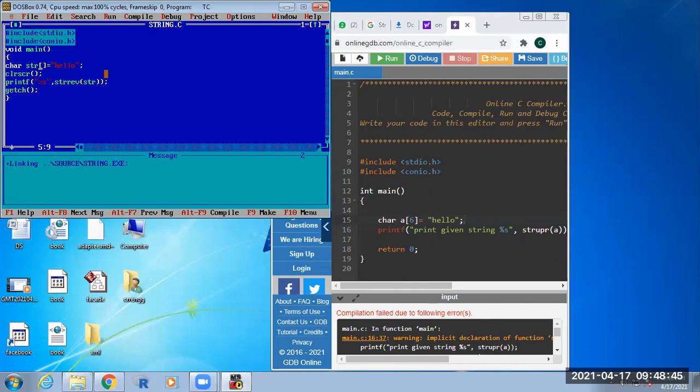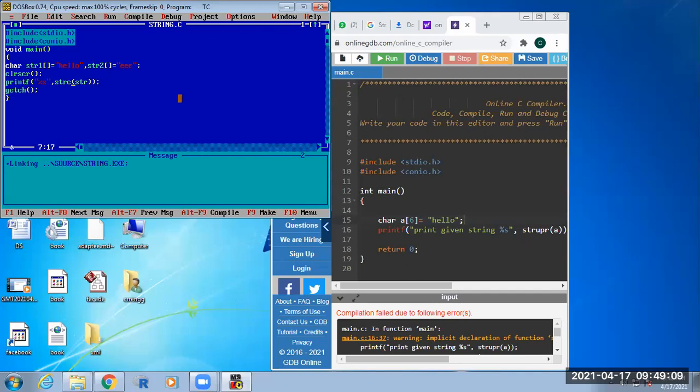So this is string one, hello. I'm taking another string, string two, equal to triple hello triple. Now I want to concat, meaning merge, these two strings.